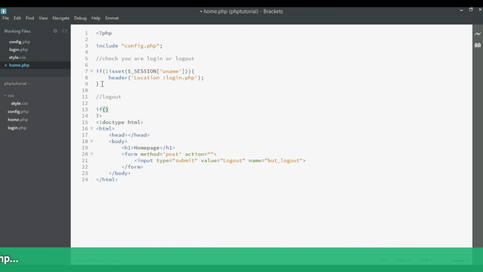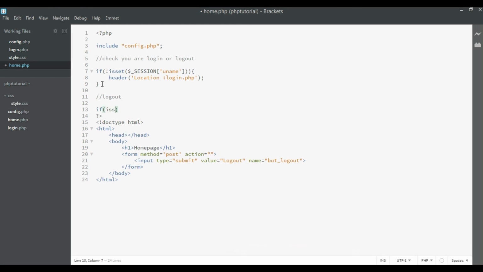If the button, means the logout button, is clicked, it will post. Okay, it is set, post button logout. Post, in the bracket, the variable name is but logout. In the if statement of that, we will first destroy the session. Okay, so logout,